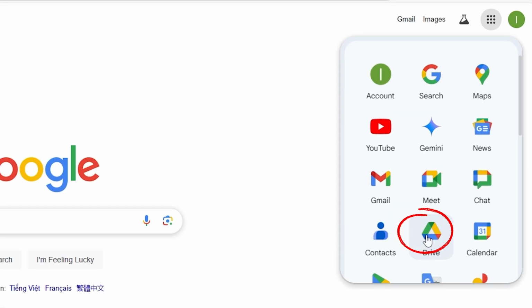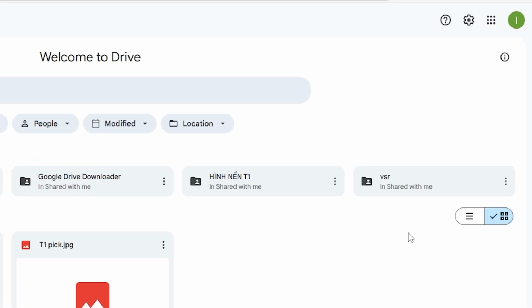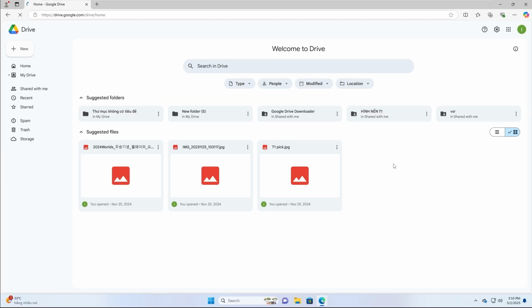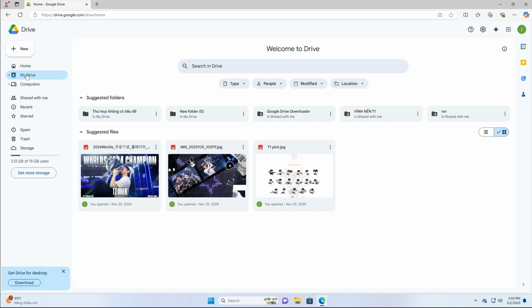Step 1. Open Google Drive. Go to Google Drive. Here you will see all your files and folders. You can manually select multiple files by